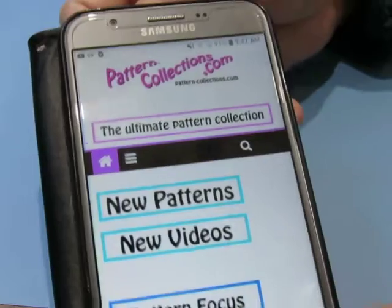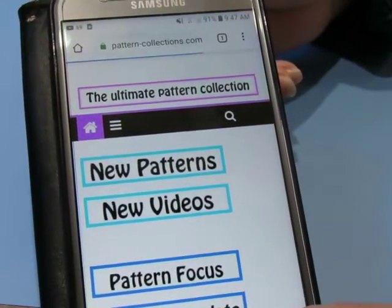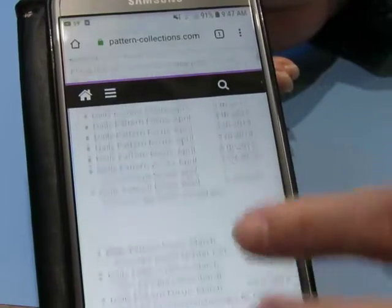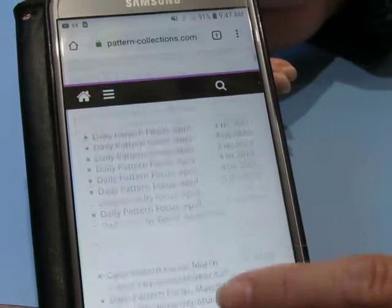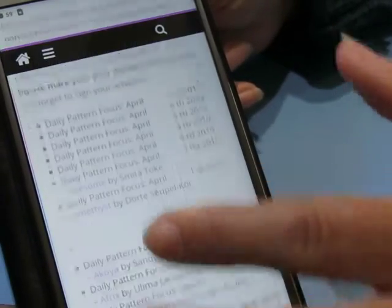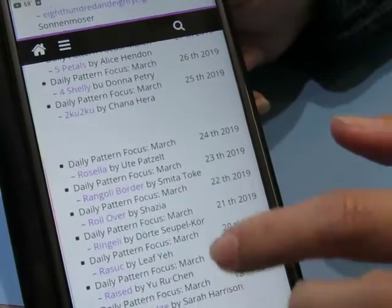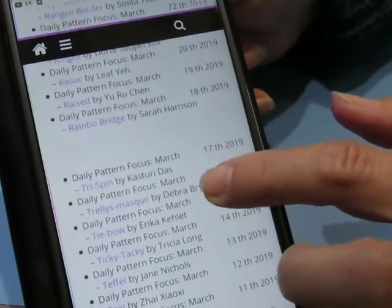I'm going to show you one more time that I'm at pattern-collections.com, and I'm going to go down to pattern focus and scroll down. Oh, those don't have any patterns attached to them yet. Okay, she must be working on that. I'm going to scroll down to the one I want, which is